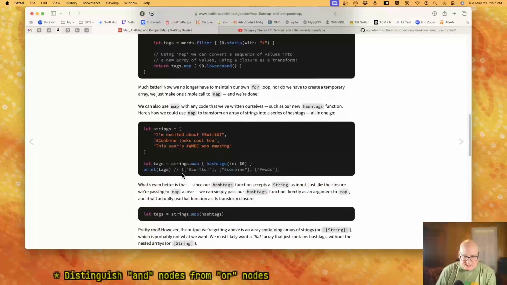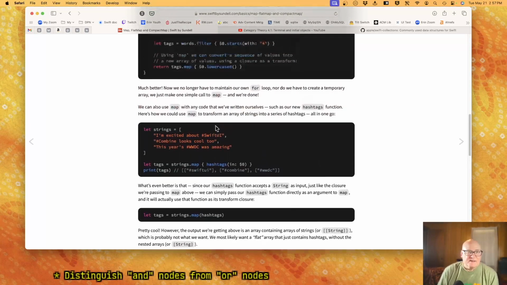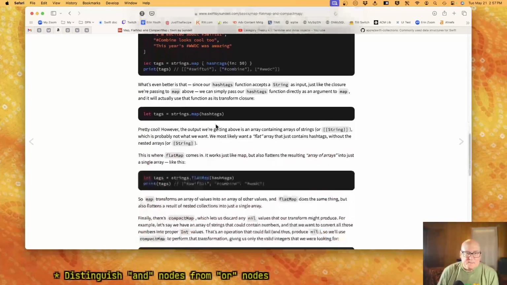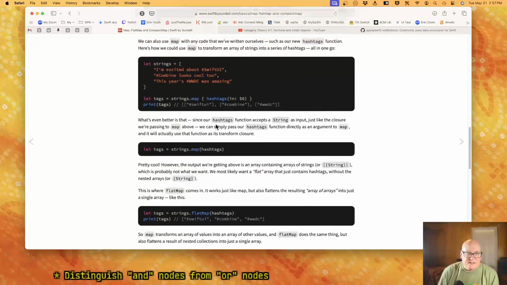All right. Yeah, here's the kind of problem we have. We have double nesting instead of single nesting. Flat map. Strings. Hashtags.